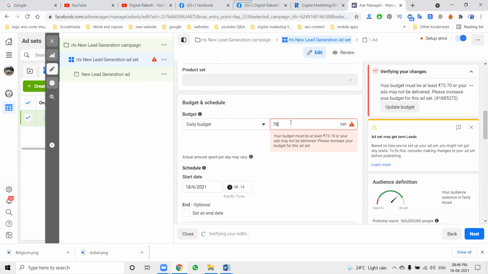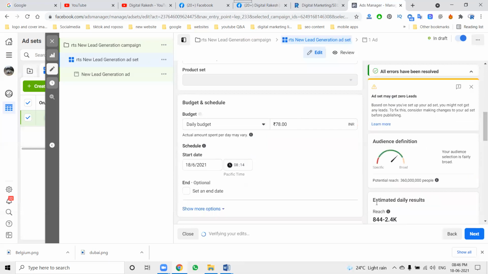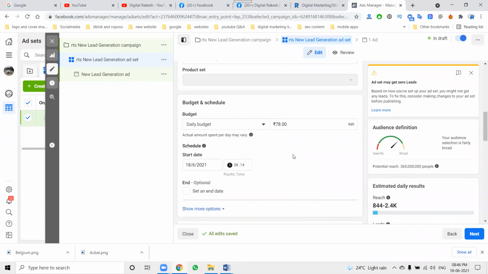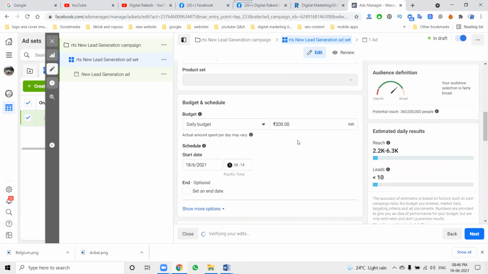So I'll go with 78 rupees. When I'm searching with 78 rupees, there is no guarantee of leads. With 200, less than 10 leads. With 400, 6 to 18 leads. So they give some guarantee. If you go with a daily budget of 400, they provide 6 to 18 leads.